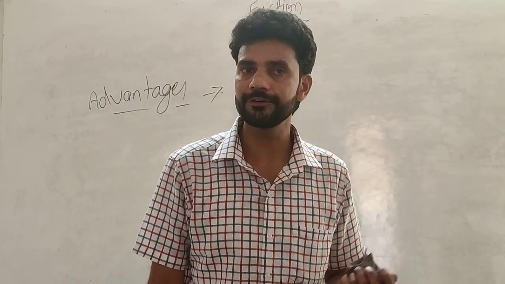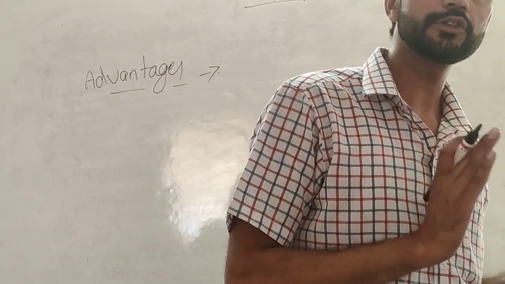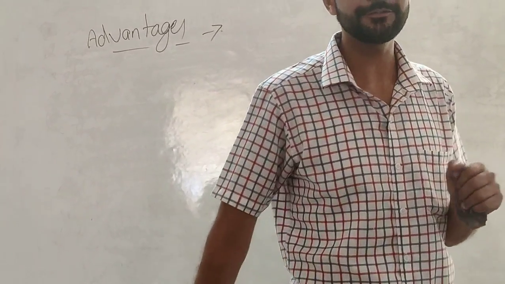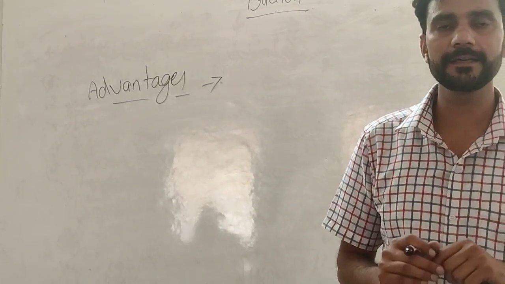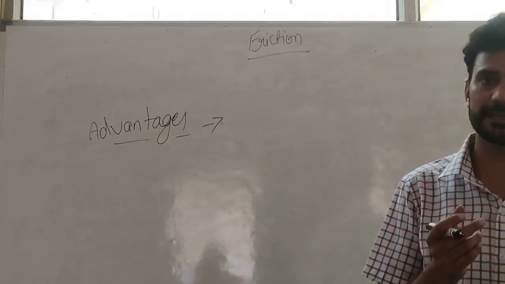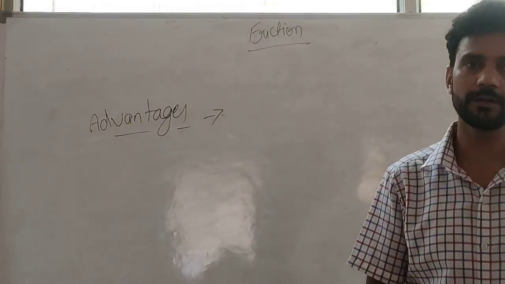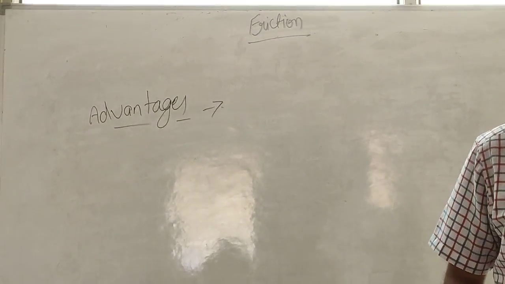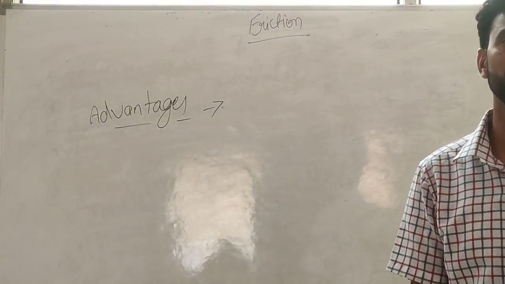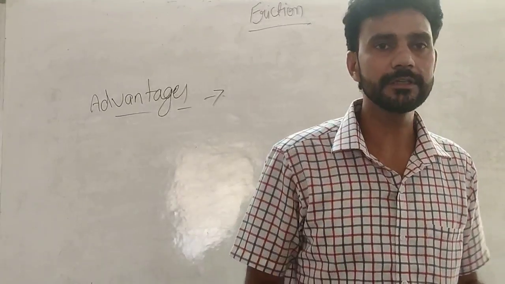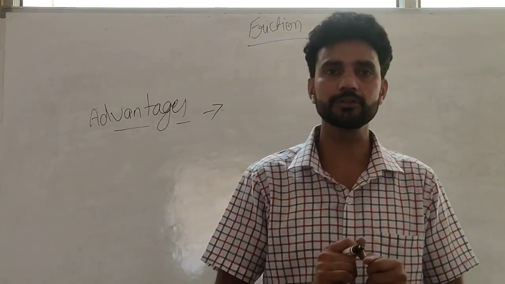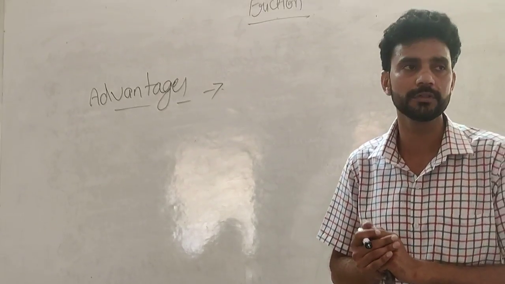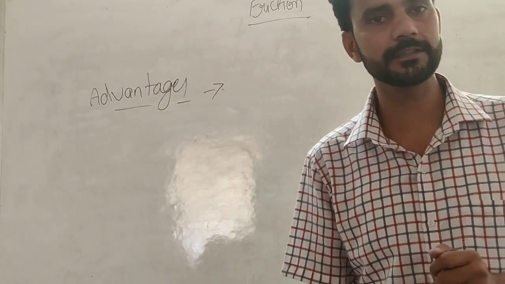How can you reduce the frictional force? By making the surface smooth, we can reduce frictional force. Now the question is, how can you make the surface smooth? We all play carom. When we play carom, we use powder on the carom board. Why do we use powder? To make the surface smooth, so the striker can easily move. Second, by using oil, we can make the surface smooth. By using soap solution or soap water, we can make the surface smooth. By using grease, we can make the surface smooth.